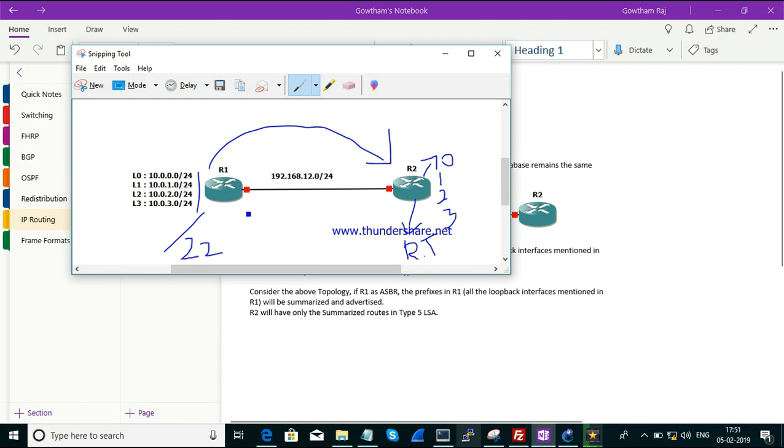If I make /22 the summarization and advertise this information to R2, what happens is that instead of having these 4 pieces of information in the routing table, it will have a single /22 entry, which helps to shorten the routing table and also helps to avoid routing load and memory usage of routers. There is one more advantage here. In OSPF, for summarization,